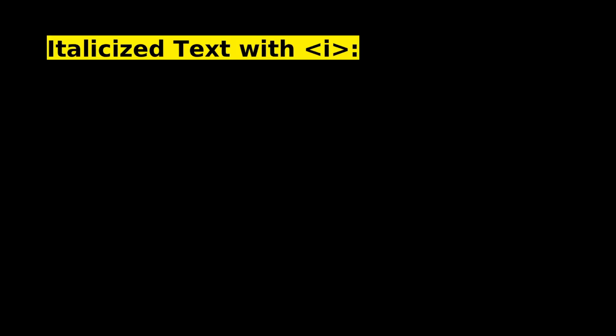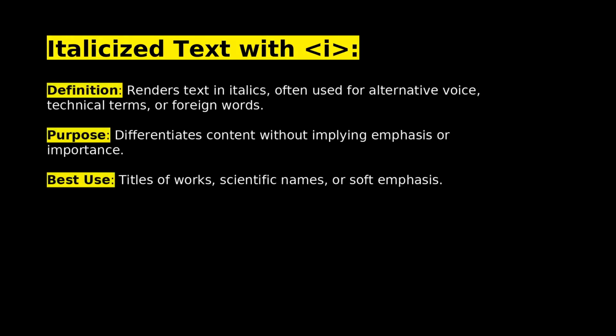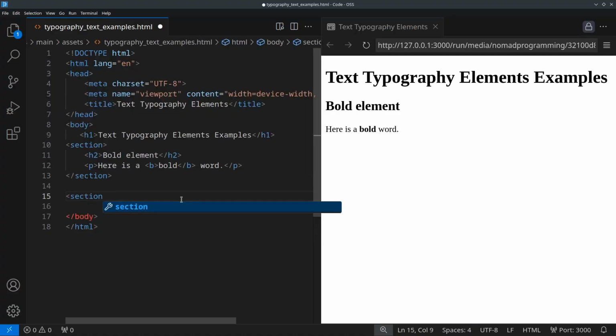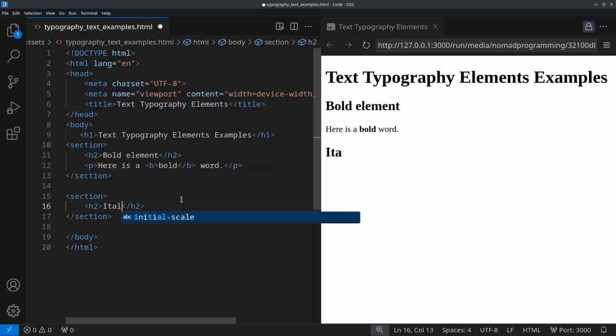Next element we have over here is the italic element. It renders text in italic, often used for technical terms or foreign words. It differentiates content without implying emphasis or importance, and it is best used for titles of works, scientific names, or soft emphasis. I'm going to add a new section, and the title for this section will be the italic element,